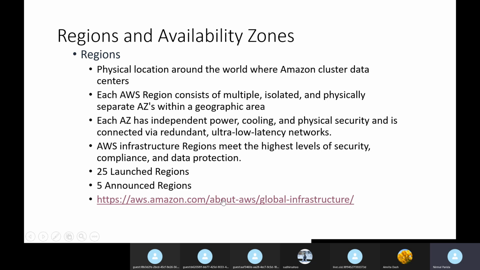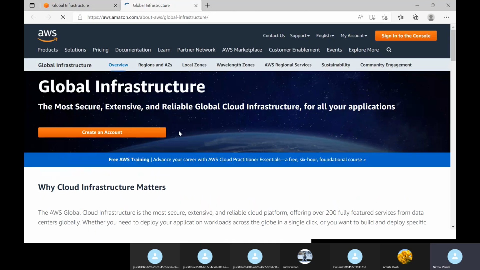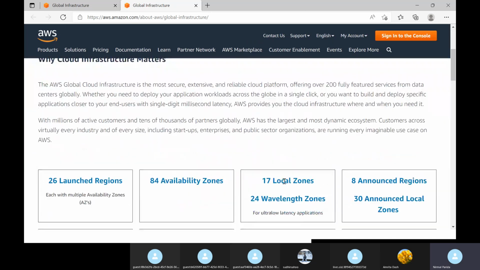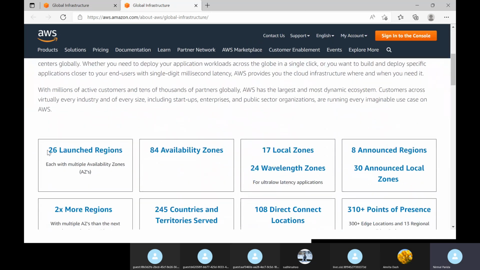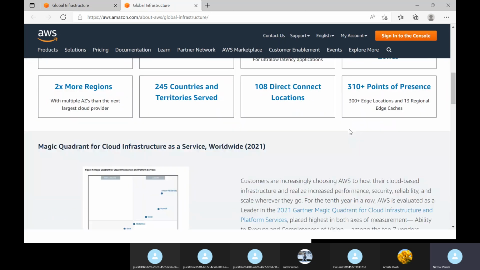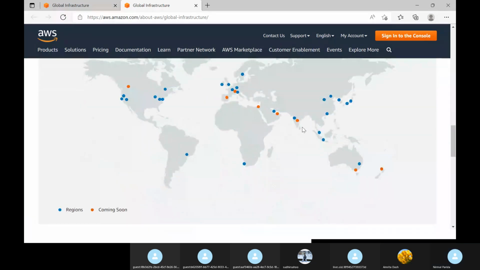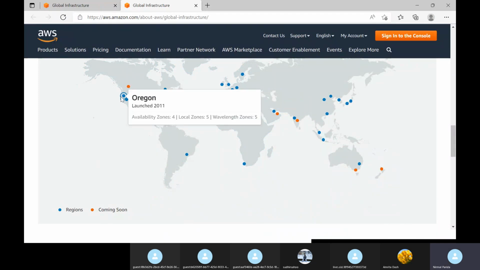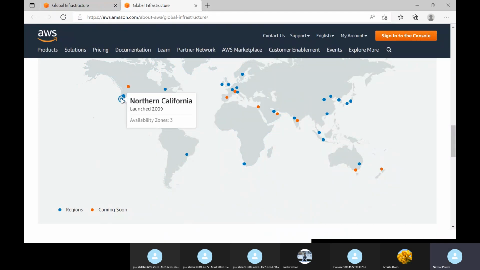Let me show you. This is their global infrastructure, and there are 26 launched regions and 8 announced regions. If you see this, this is Canada, and Canada has these regions.